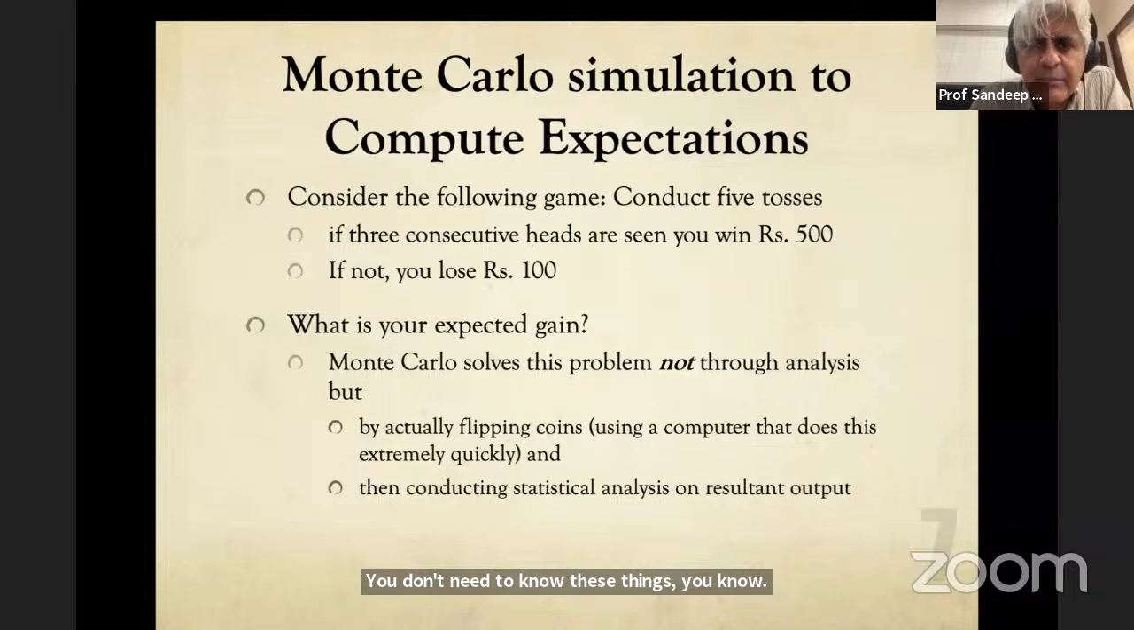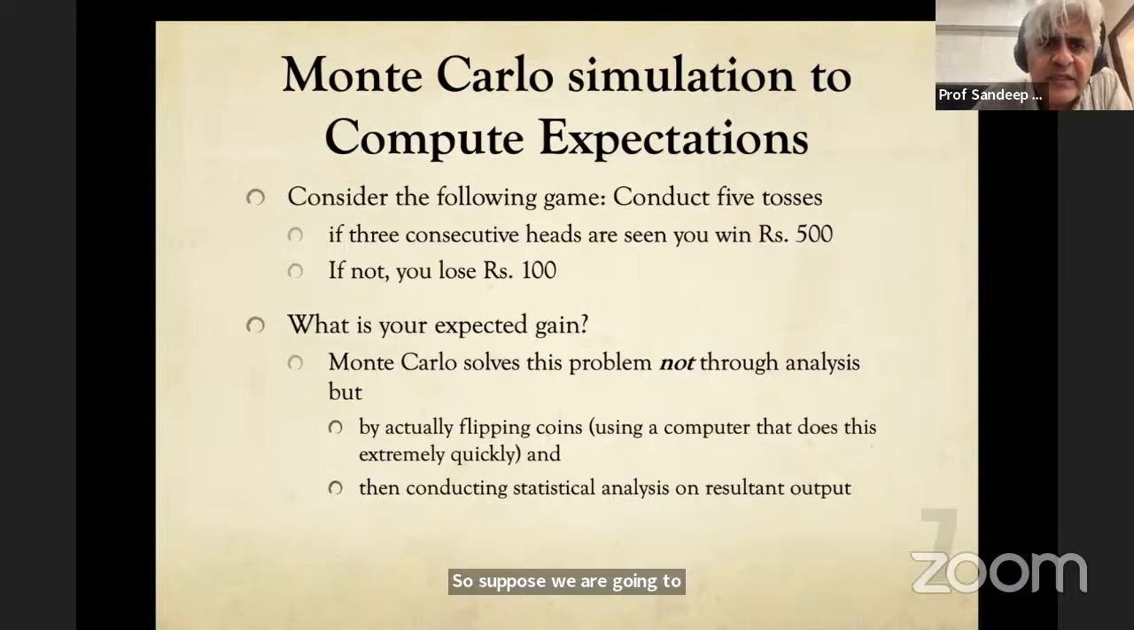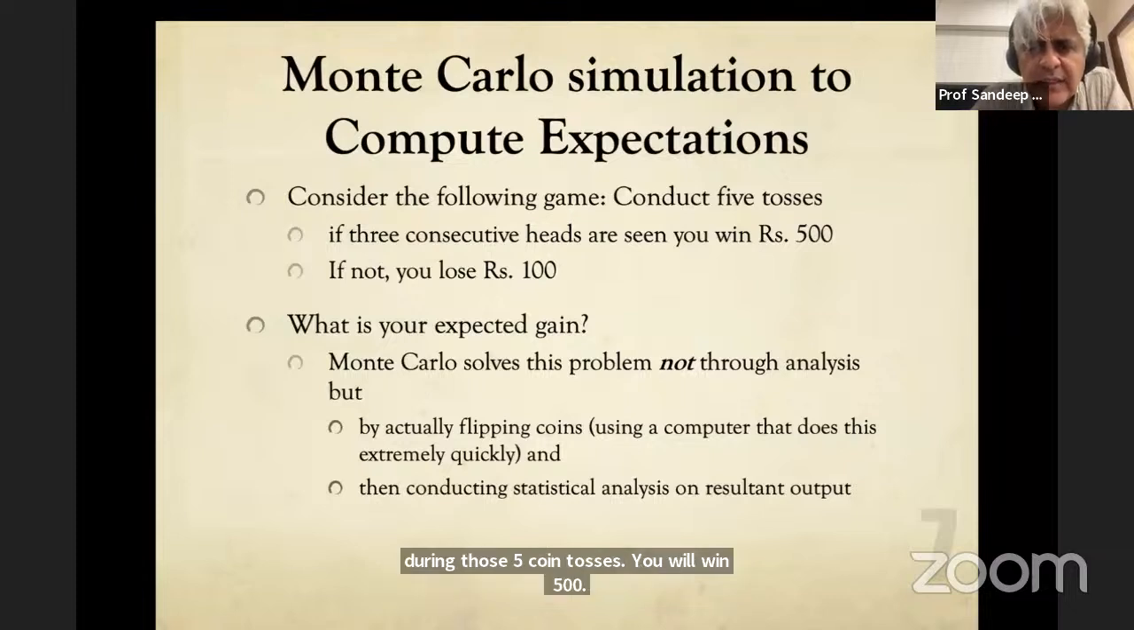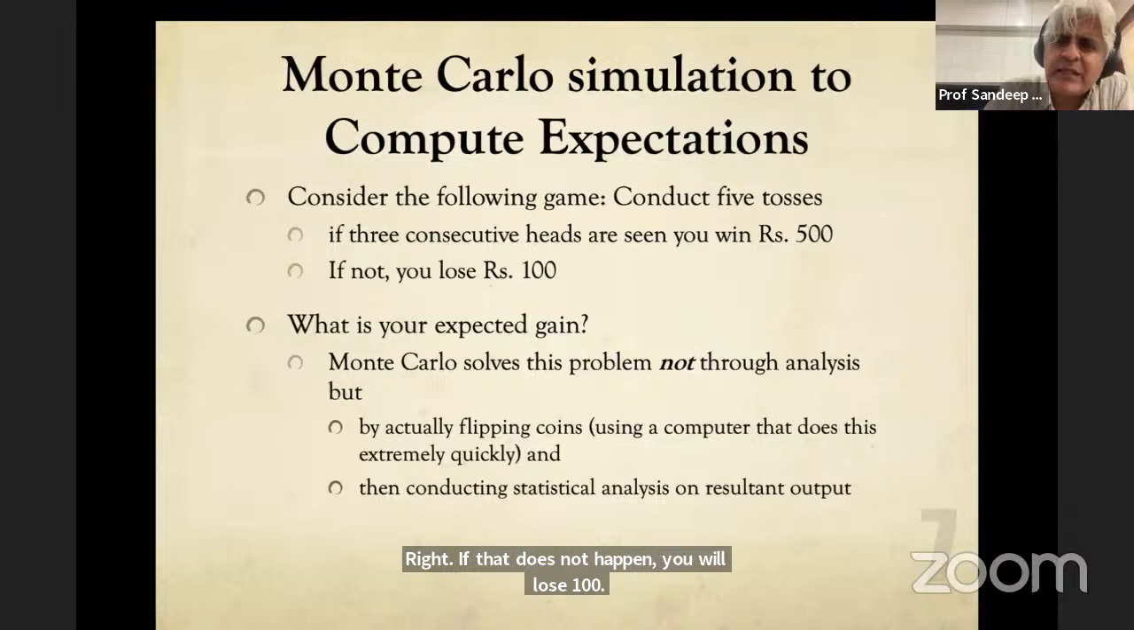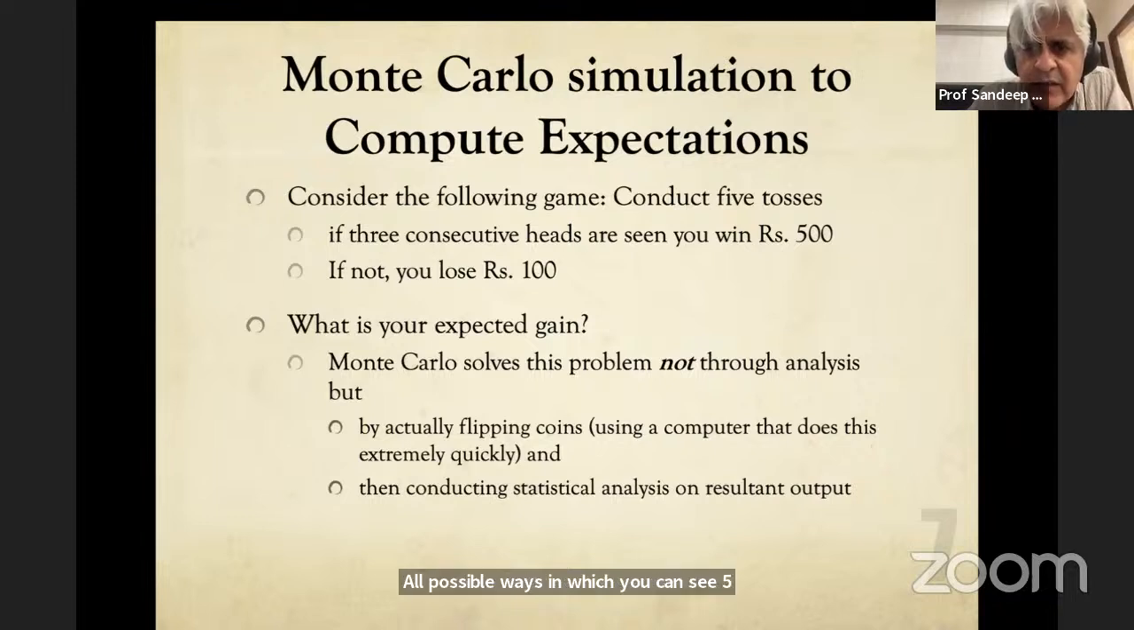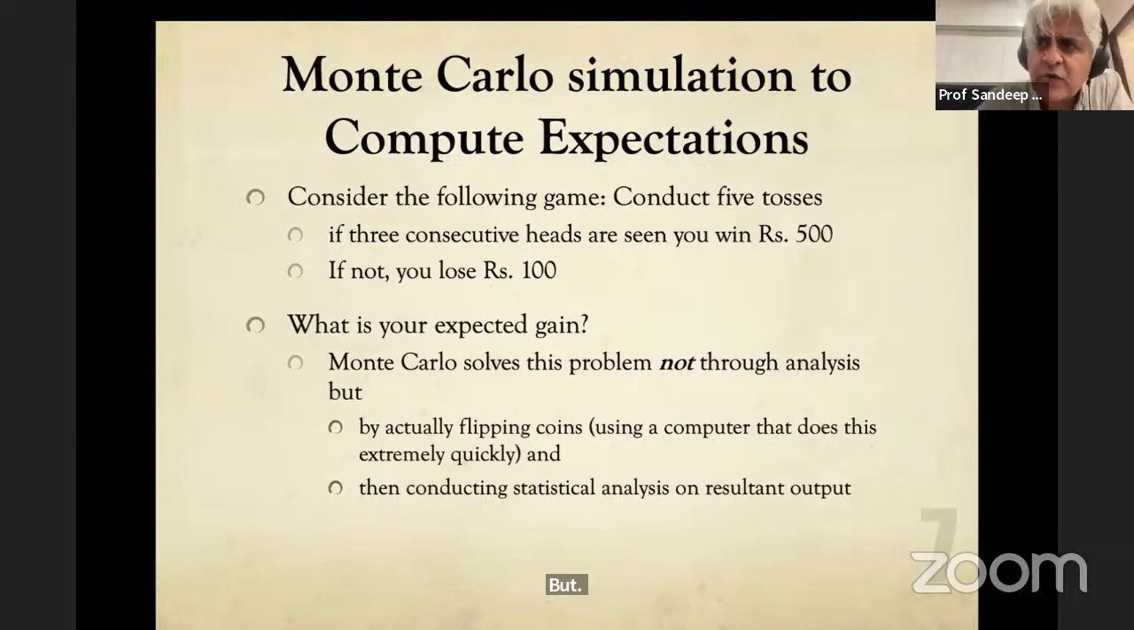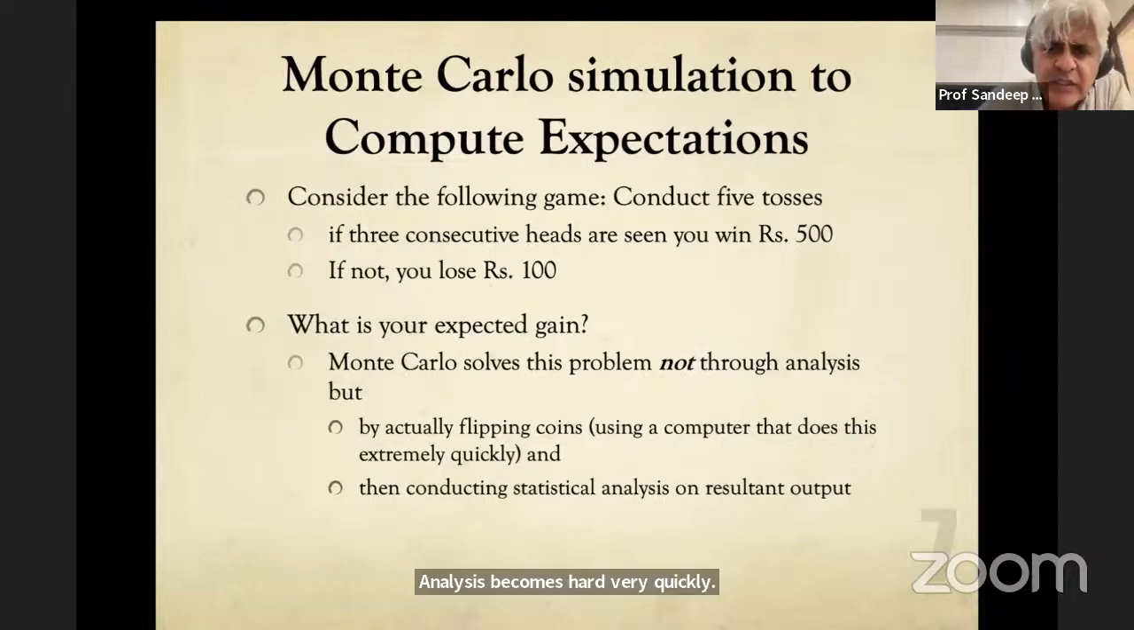So let's consider this particular example to narrow down the idea. So suppose we are going to conduct 5 coin tosses. If you see 3 consecutive heads occurring anywhere during those 5 coin tosses, you will win 500 rupees, right? If that does not happen, you will lose 100 rupees. Now, what you can do is enumerate all possible ways in which you can see 5 coin tosses, find the ones which are favorable over the total numbers, and that gives you the probability. So that's one way of doing it. That's through analysis. But analysis becomes hard very quickly. So how Monte Carlo will work is as follows. It will not solve the problem mathematically. What it will do is it will just flip the coins many, many times for you. So by actually flipping